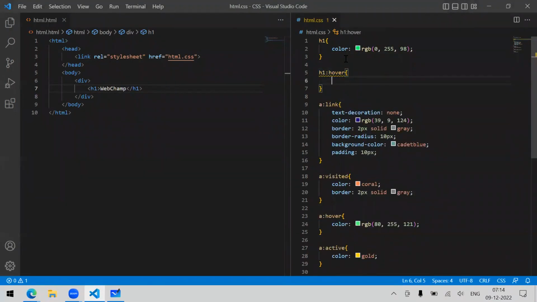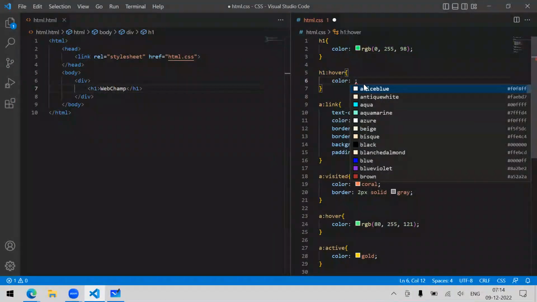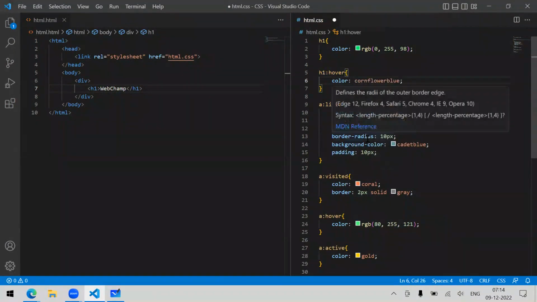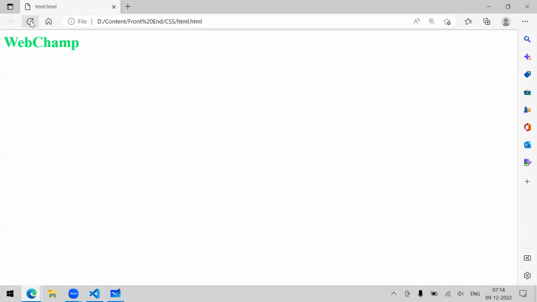I will say h1 colon hover, and now if I say color, I will pick this color. If I go and refresh the page, and now if I hover the mouse, the moment